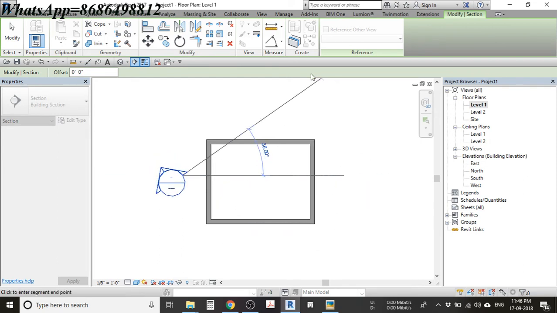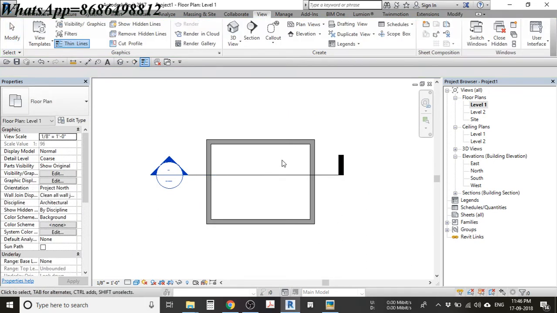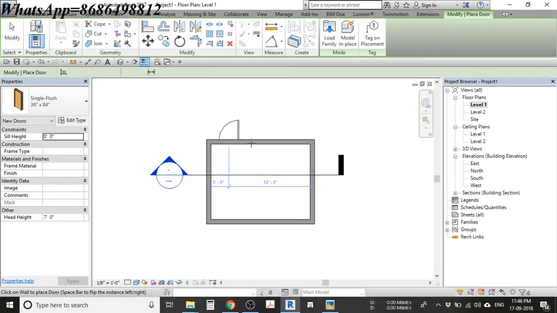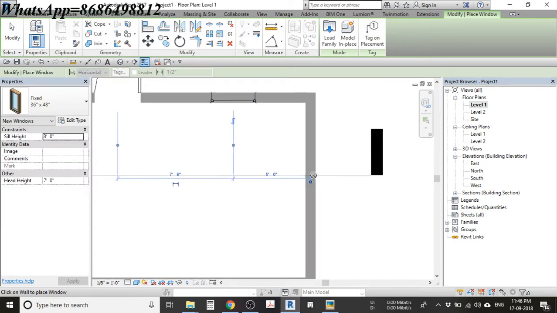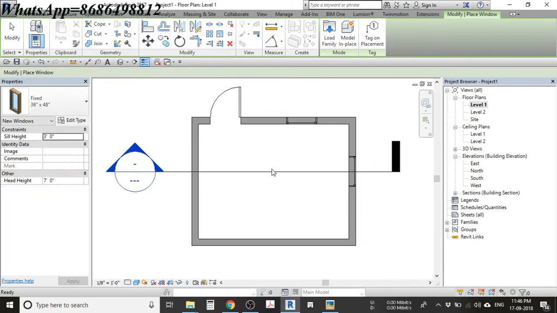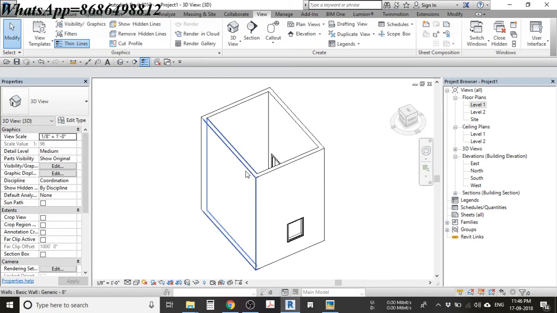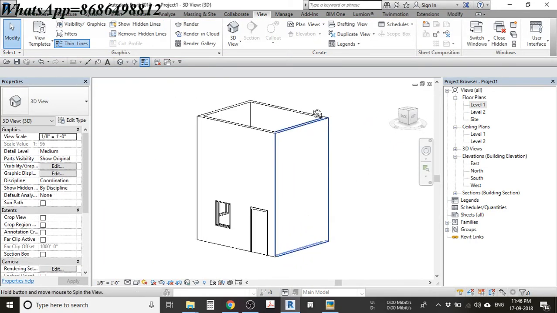You can move your cursor up and down also, but if you hold Shift, you'll have the section only in the horizontal direction. However, I'm going to place certain doors, like DR. I'm pressing it, and I'm going to go for a window here, and I'm placing the window somewhere here. Yeah, that's done. Now I'm going to go to 3D, and you can see I have all those things,